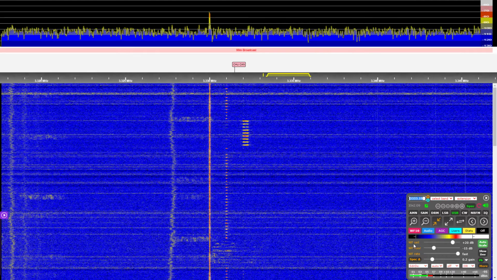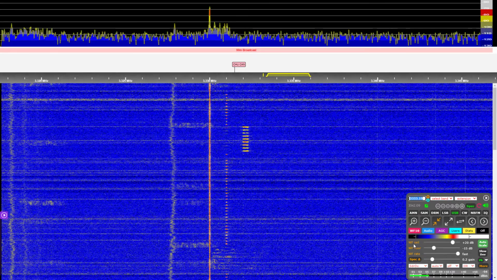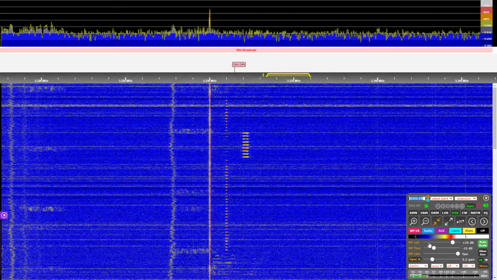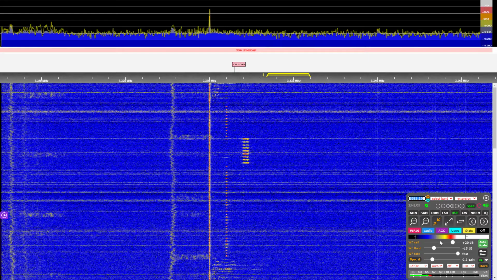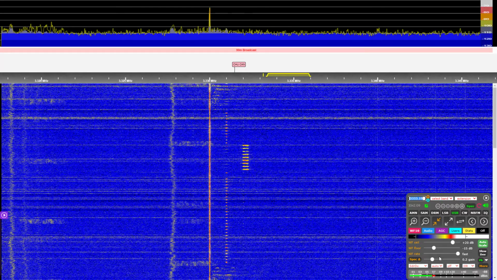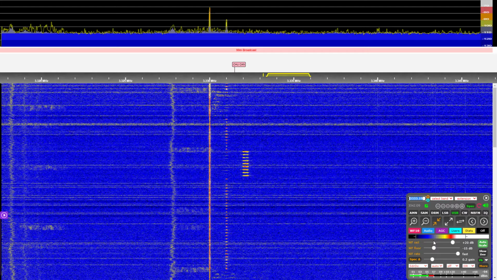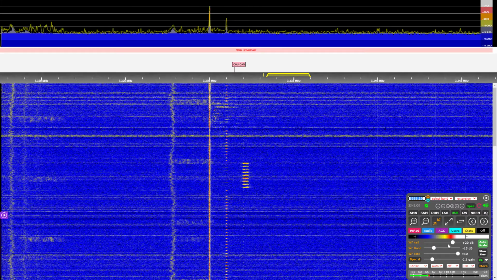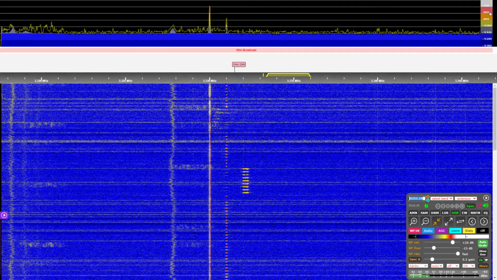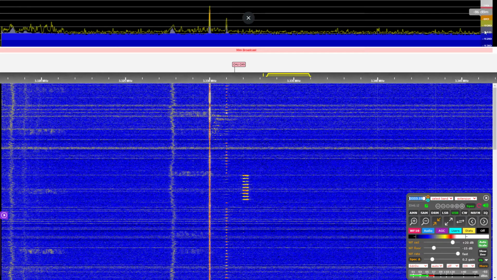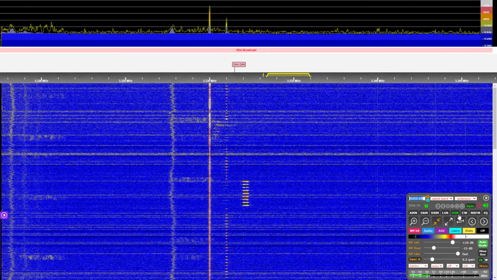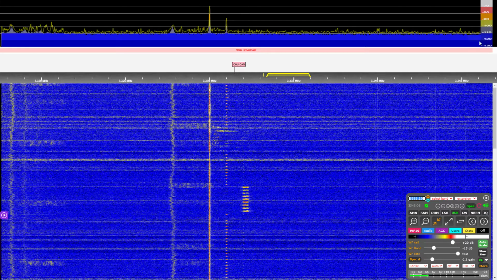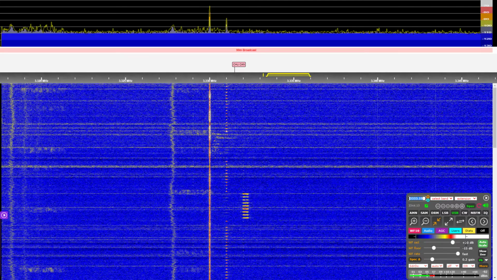We can also set some of the things for the waterfall. Like here's your waterfall ceiling, and if you look on the upper, here's the spectrum scope. You look at that, and let's max it out.